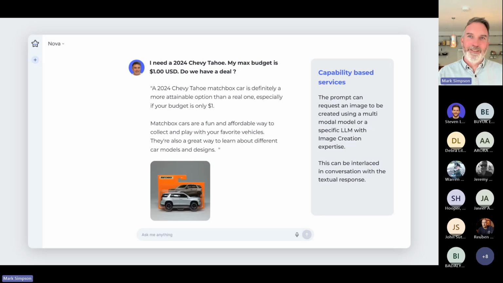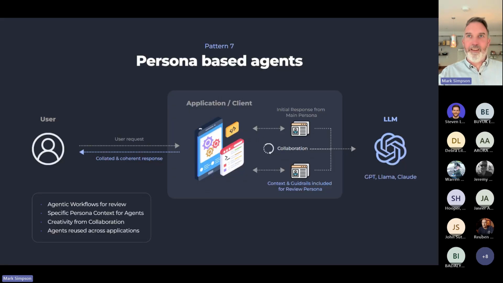And the LLM there has gone, well, a Matchbox car of a Chevy Tahoe might be closer to your budget. So it's provided that image, but it's also come up with response information about that image, and has then tailored it into a more customer service focused response, and told them that maybe for $1, Matchbox cars are more of a fun and affordable way to interact with Chevy. I don't know how the user would have responded to that, but hopefully with a smile, and hopefully helped with the Chevy brand. All right.